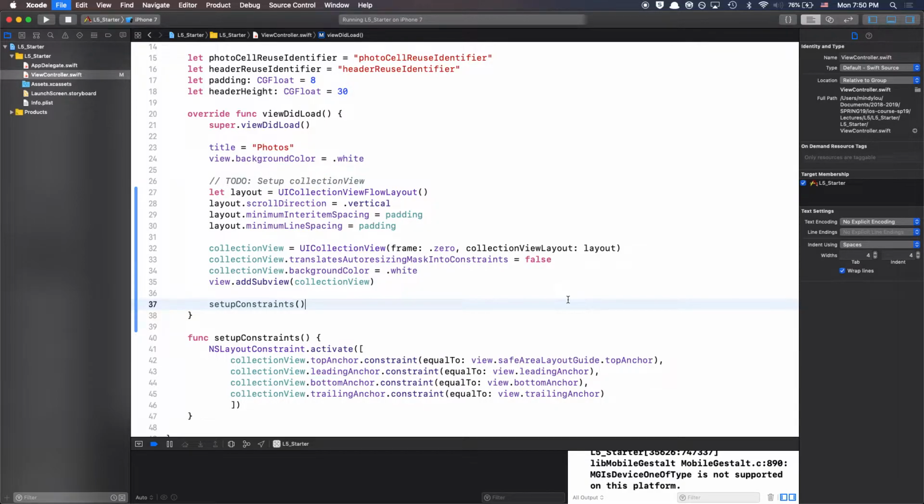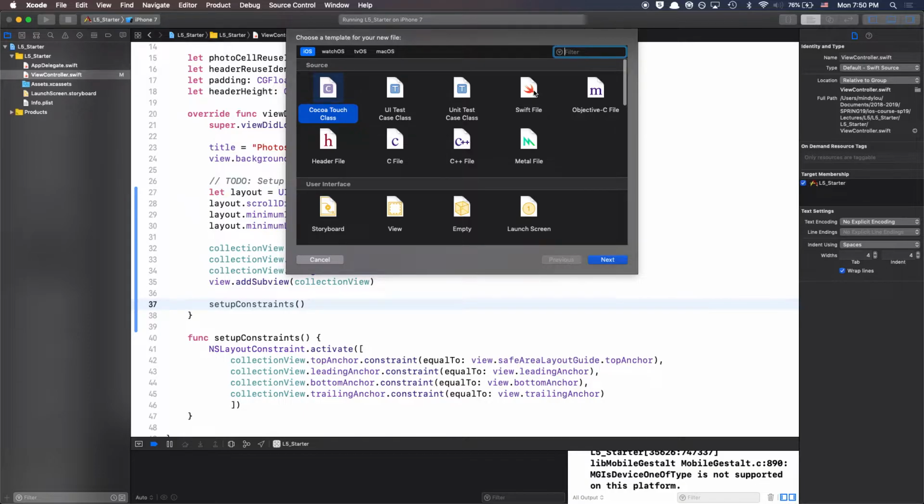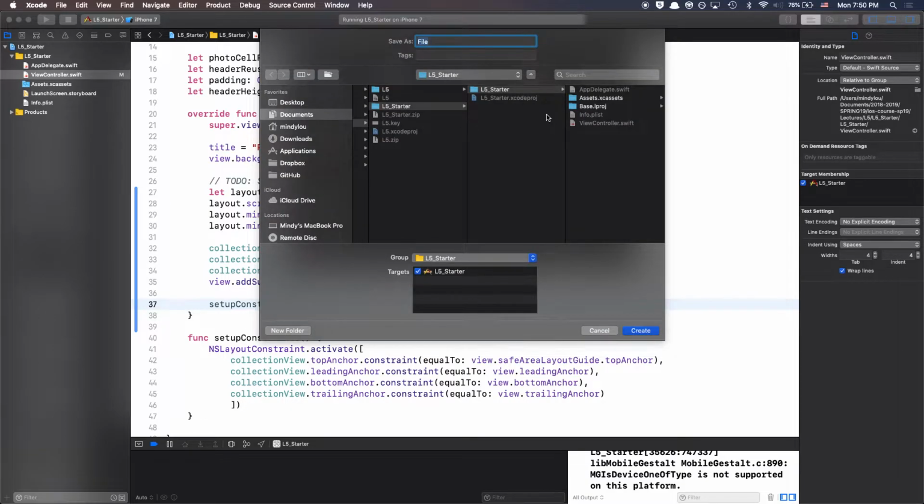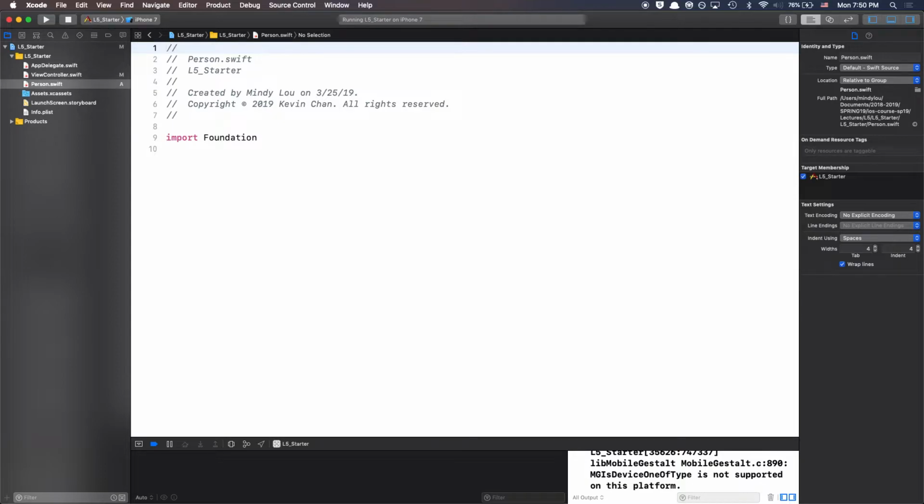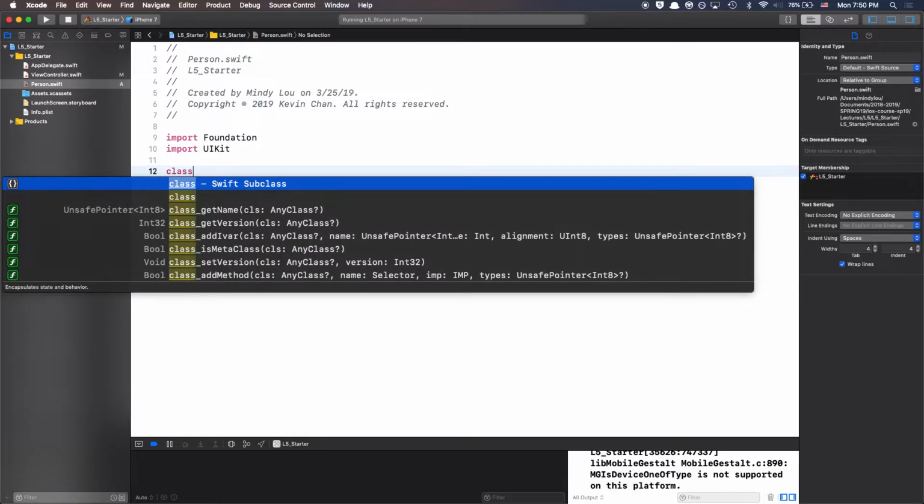So we're going to make a new Swift class, and we're just going to call it person. Just create, I did Command N, and then you click Swift file, and then we can call it person, and then click create. So now that we have this, we also have to import UIKit because we want to store the image associated with each person. So if we do class person,